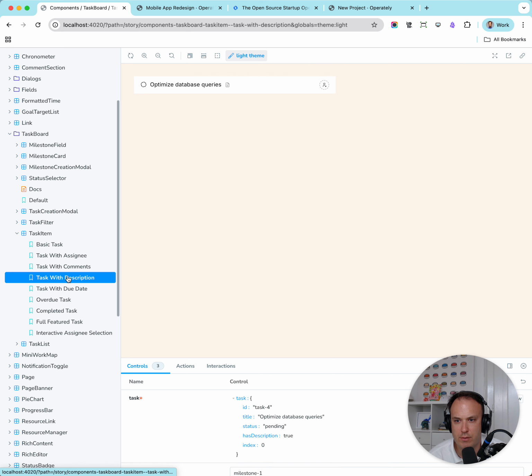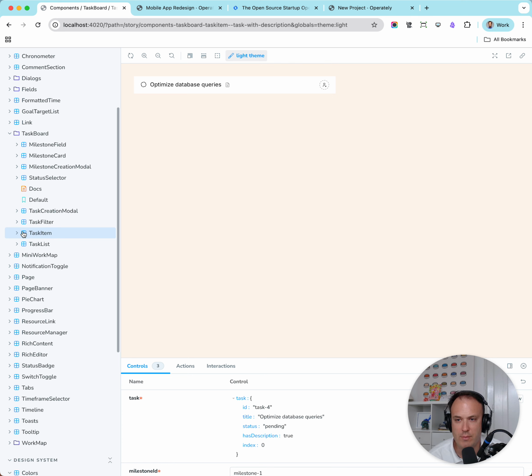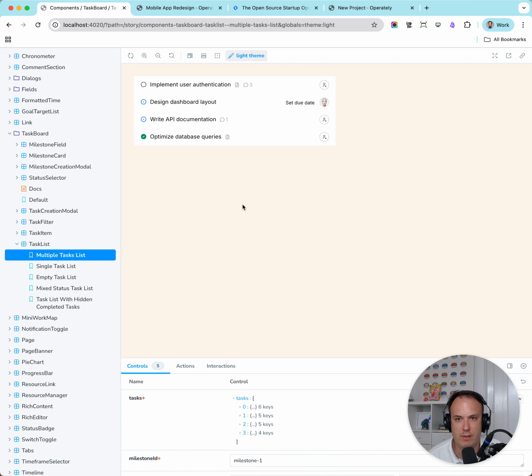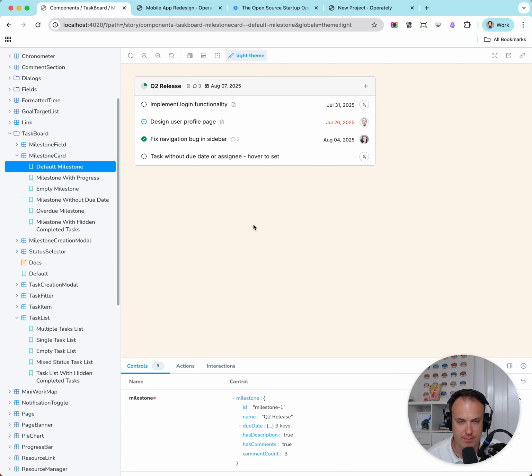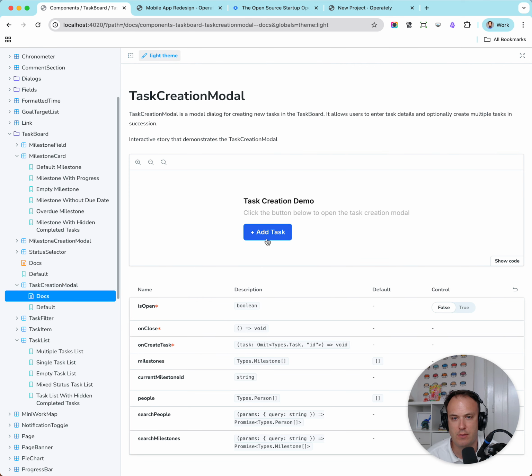Yeah, there are various other small stories here. Task items are basically grouped in task lists, and a task list is something that a milestone card sort of contains as a group. There's a component that's derived from the general modal dialog, which is the task creation modal. Maybe we can go to